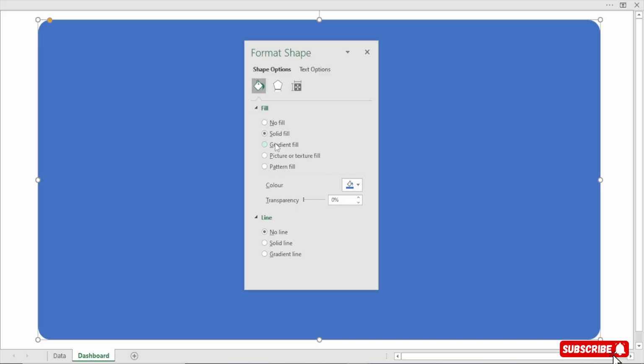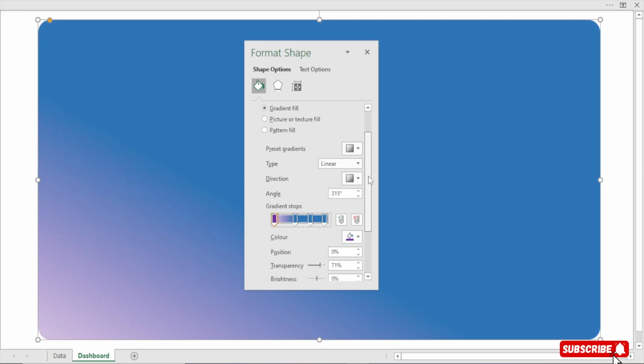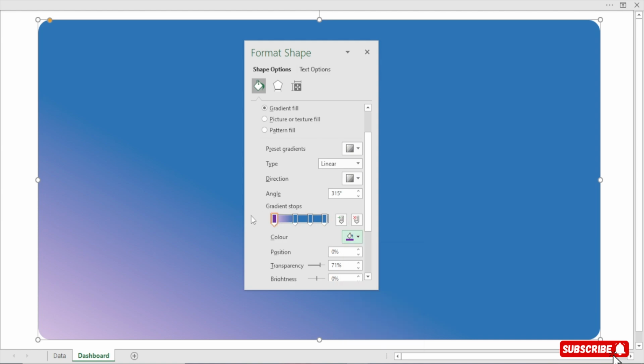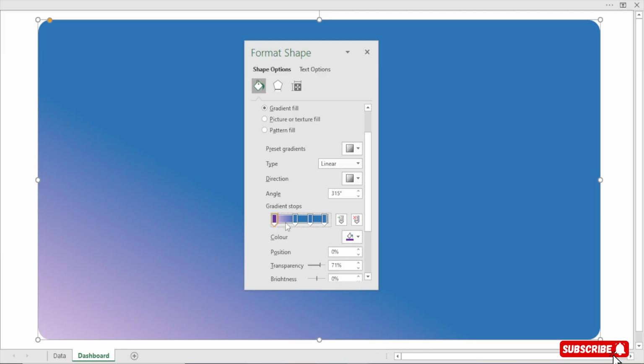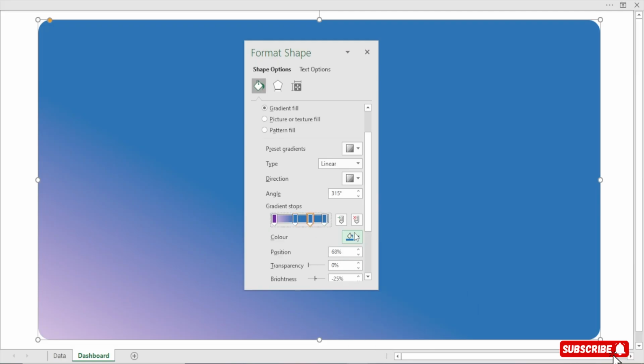Now the fill color should be a gradient color. Perfect. So I think they already gave me what I needed. If you want to see the color that we are using, we have 4 stops. These things are called stops. So the first one is our violet color, and the position is 0%. This one, the position is 39%, with this blue, 25% darker. Perfect. So I think the same applies to this one too.